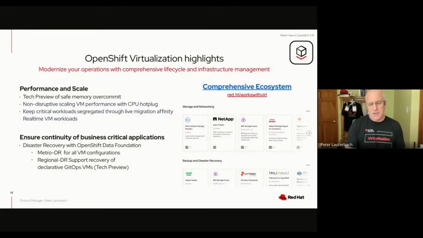So the first is a long-awaited feature, which allows us to do memory overcommit, which allows you to get better density of VM workloads on your existing hardware. And you can also scale individual VMs up by adding CPU with CPU hot plugs, so non-disruptively increasing the ability